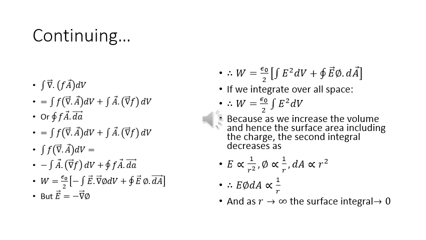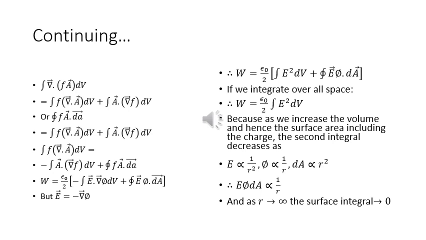On the right hand side, we make no changes. Now we rearrange the terms on the right hand side as follows. We retain integral F divergence of A dV as such, only we write it on the left hand side. So we are now transferring integral A dot gradient of F dV to the other side. The resultant expression that we get is integral F divergence of A dV is equal to minus integral A dot gradient of F dV plus closed integral FA dA.